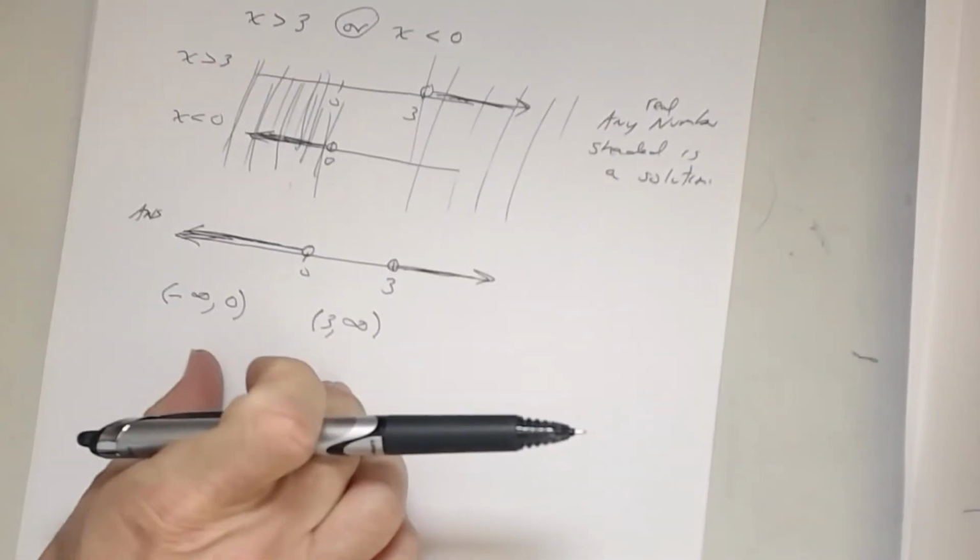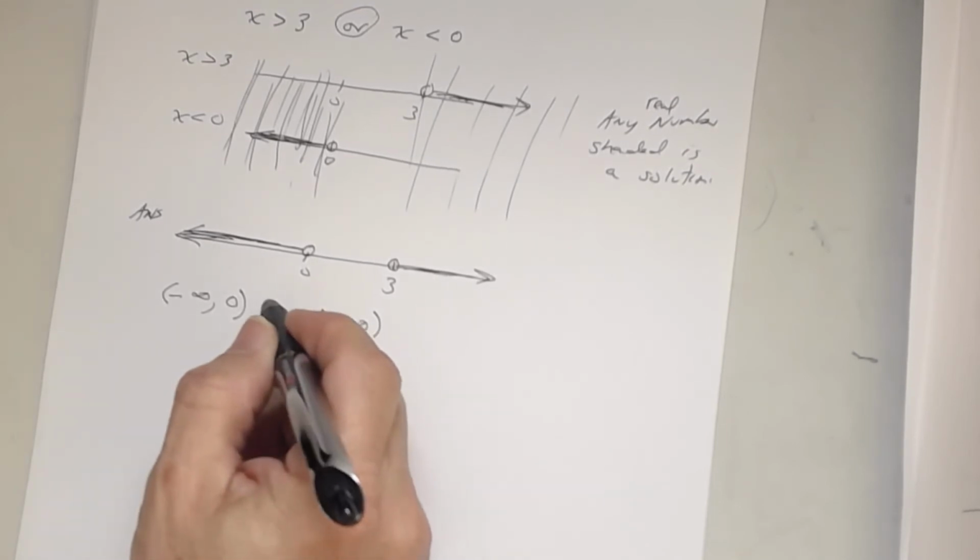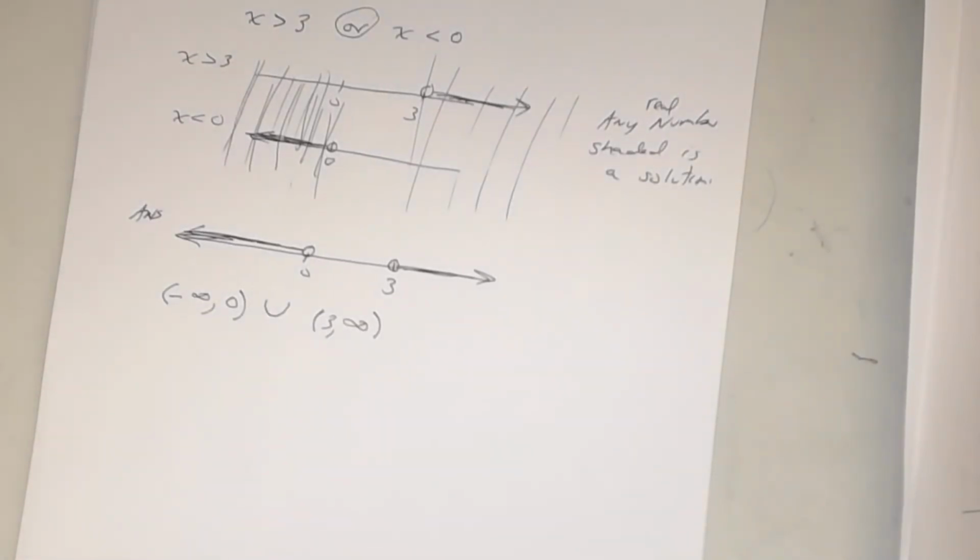Remember the word union? So you're gonna use the symbol U to indicate the union. So that's a symbol for union. The U. So your solution set is the union of those 2 intervals, from negative infinity to 0, and then